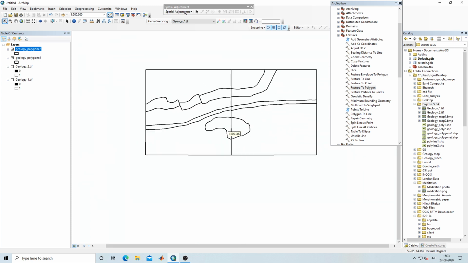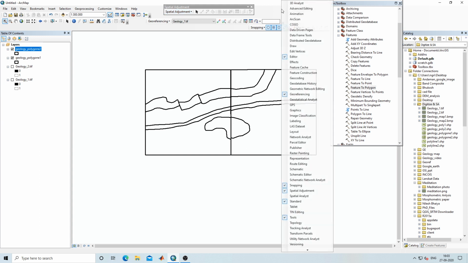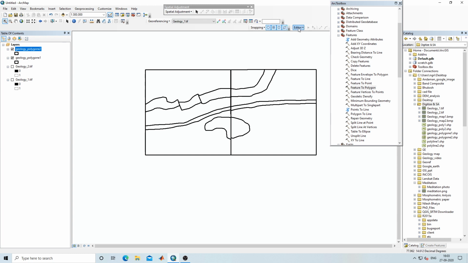You can see the spatial adjustment and adjustment method is there. To start the spatial adjustment tool, you can right click here and select spatial adjustment, then this tool will appear here. Now to activate this tool, we need to select start editing. When I click on start editing, this tool will activate here.